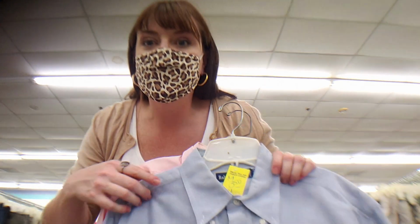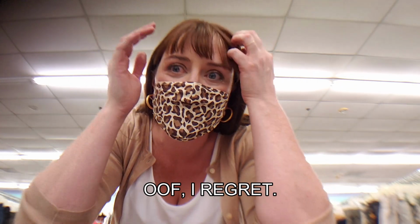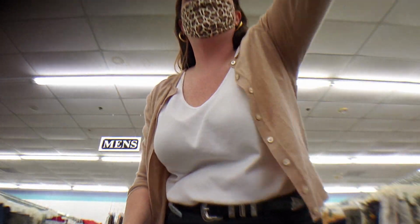Alright, final decisions. I think I'm going to pass on these Ralph Lauren button-ups. They're just not the right colors, and I'm going to have a lot of chances to find button-ups. I do think this is adorable, but the neckline is wrong for me, so I'm hesitating. Yes. This is pretty cool. I love the color. But one of the things I wanted to do was to crop the button-down shirt because